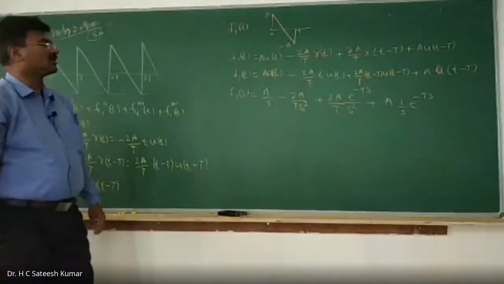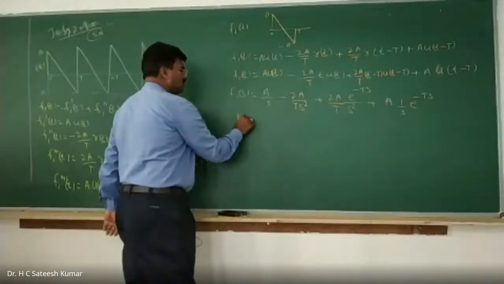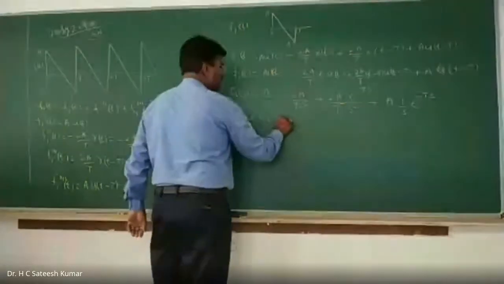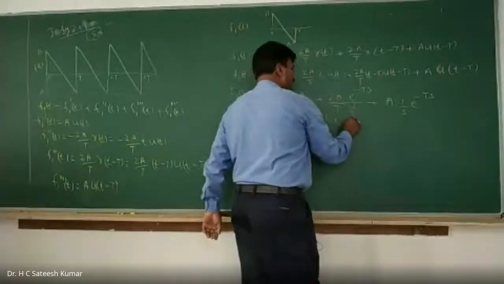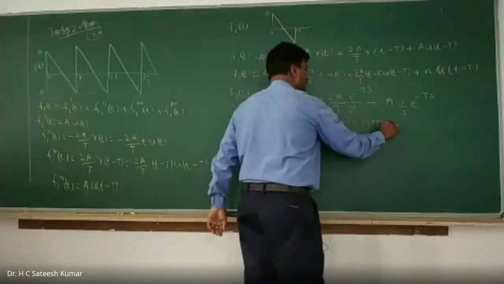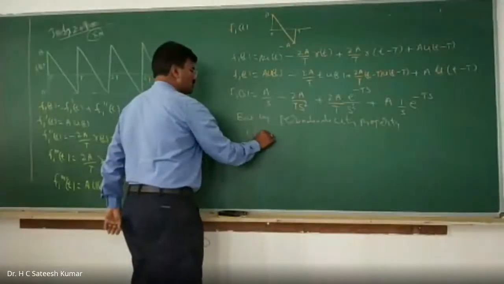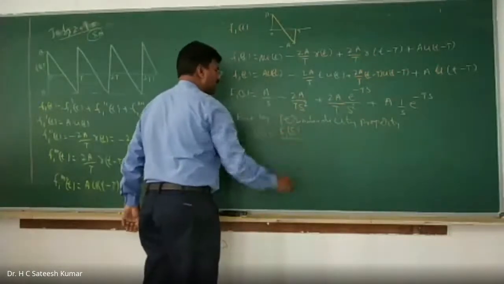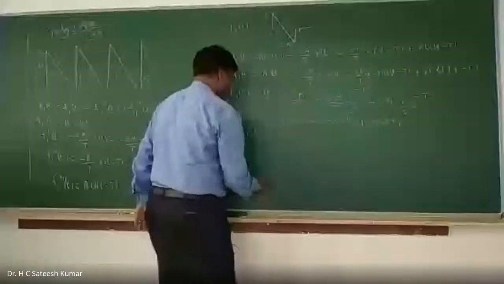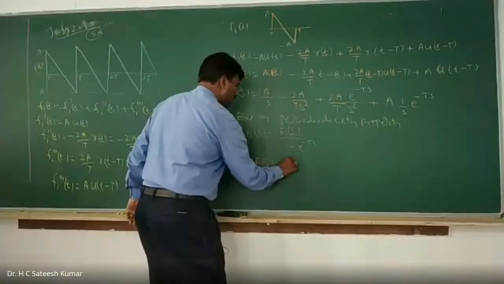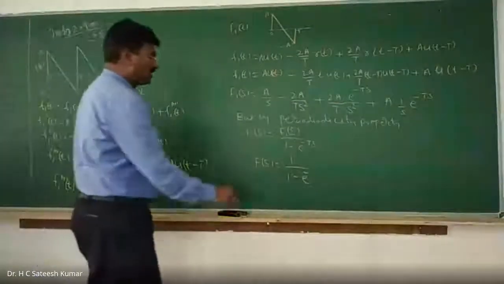Okay, right. Now what can we write? But we know that for a periodic signal, by the periodicity property, what is F of s? F of s is equal to f1 of s divided by 1 minus e to the power of minus Ts. F of s is equal to 1 divided by 1 minus e to the power of minus, period is how much? Here it is T, period. So therefore, e to the power of minus Ts.